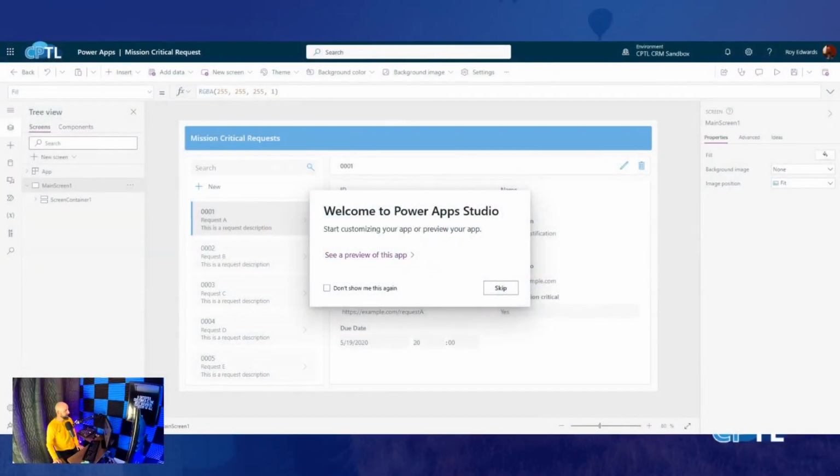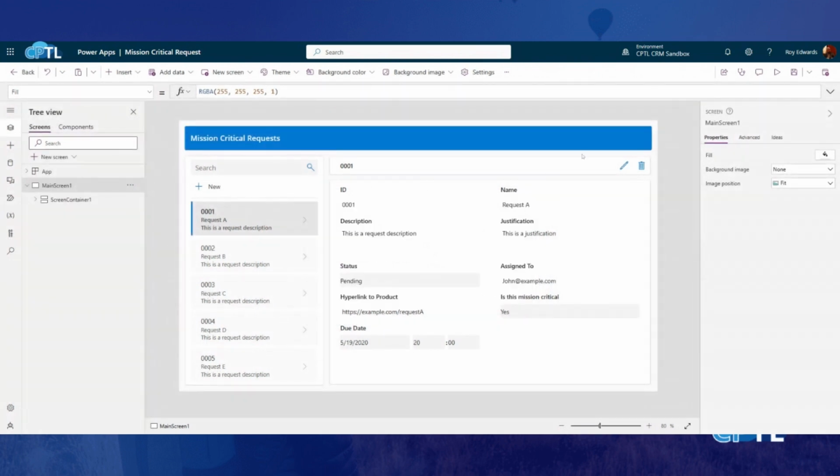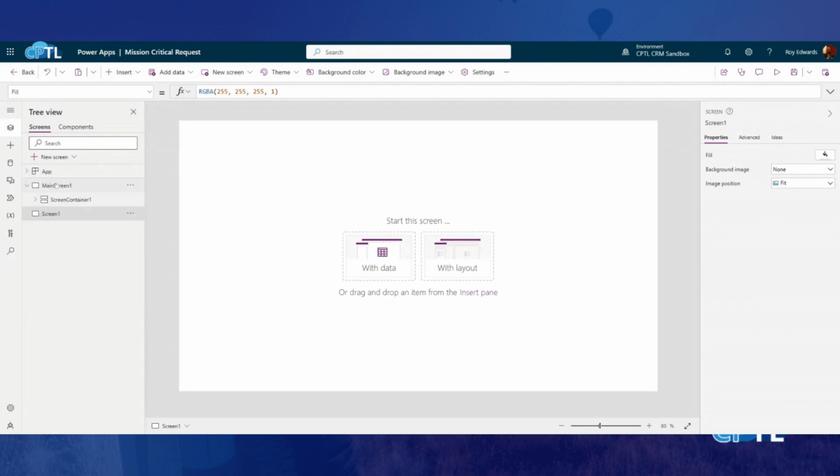So here it is saying, welcome to the Power App Studio. And then it's going to give us the app itself, with a preview of this app. I'm going to skip that. But notice how modern this experience within Power Apps is already. Now, we only have one screen, which is the main screen. So we can still add screens. We can add a blank screen if we want. We can call this home screen, and we can still